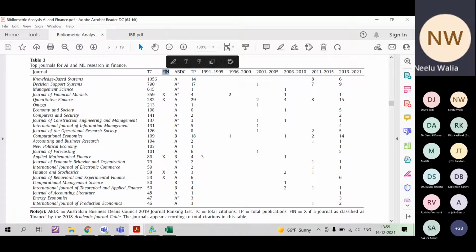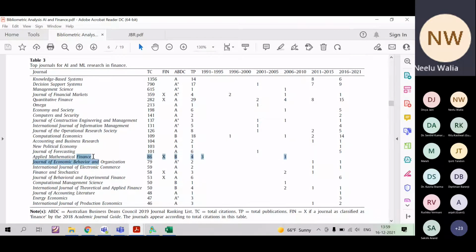Next is the FIN column. This cross, if you look at what the author has done here, shows the journals specifically in the finance domain where AI and ML research in finance related papers has been published. So the word finance has to be in the journal name, like financial, finance. It has been indicated with an X or a cross.